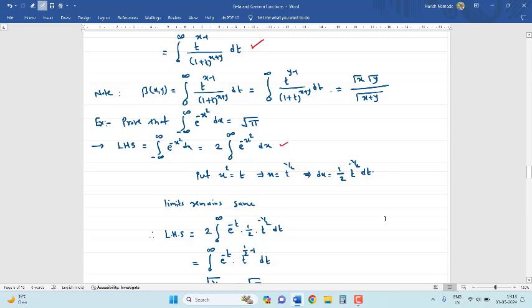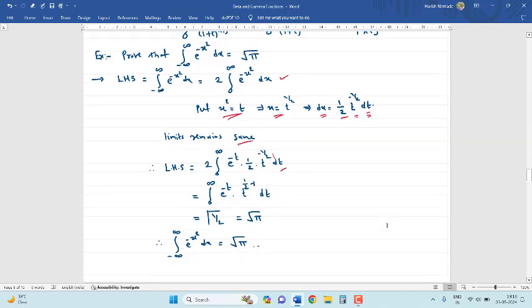Here we use substitution, that is, put x squared is equal to t. So from that we have x is equal to t raised to half. So dx is equal to 1 half times t raised to minus half dt. The limits of the integration remain the same. So therefore the left hand side becomes 2 times the integration from 0 to infinity of e raised to minus t into the value of dx, which is 1 half t raised to minus half dt. So this 2 gets cancelled here. So this is equal to the integration from 0 to infinity of e raised to minus t into t raised to minus